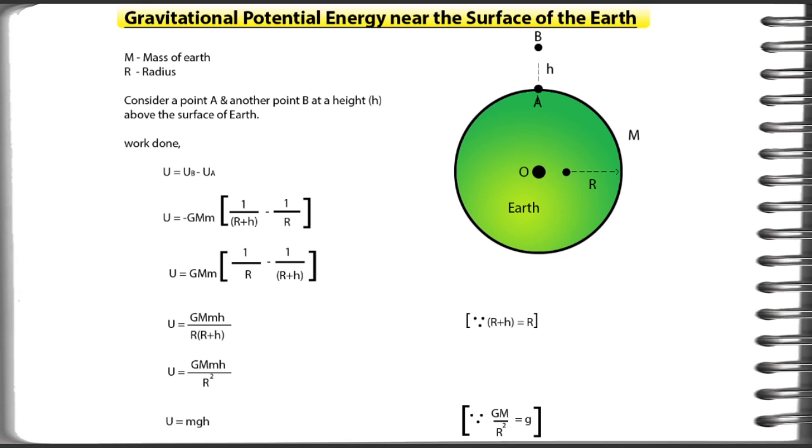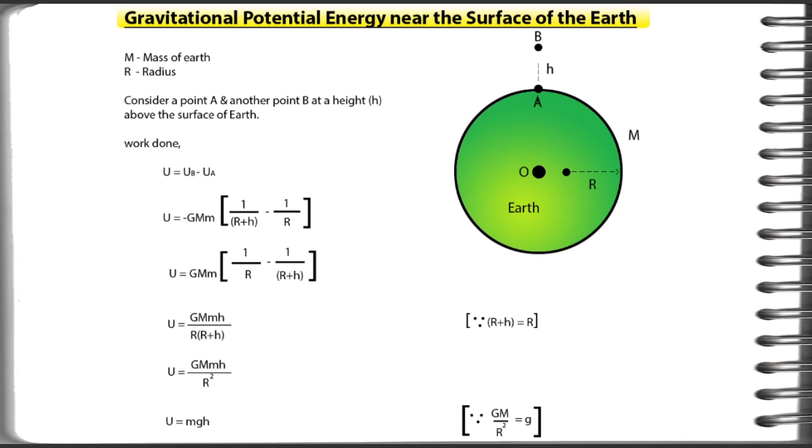Capital M is the mass of the earth, R is the radius. Consider a point A and another point B at a height h above the surface of the earth, which is indicated in the diagram itself. You can see work done, epsilon equal to epsilon b minus epsilon a, epsilon equal to minus GMm into 1 by (R plus h) minus 1 by R,